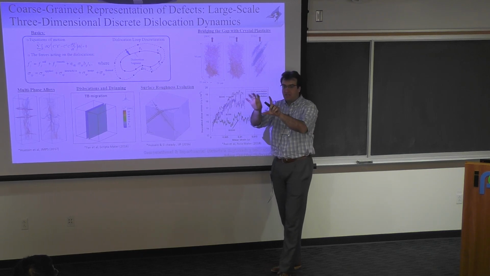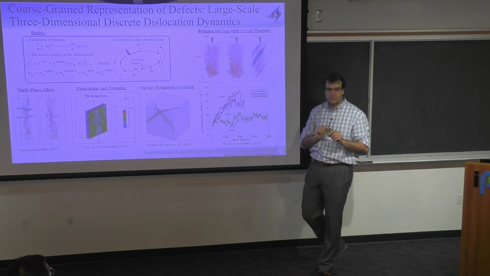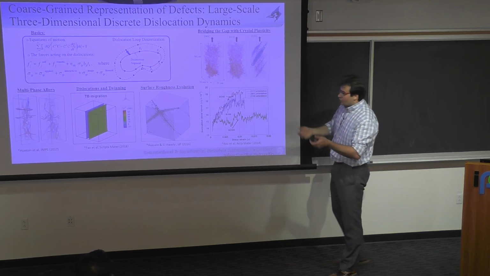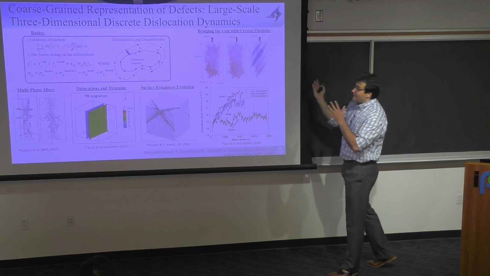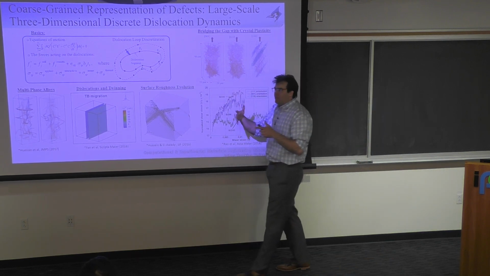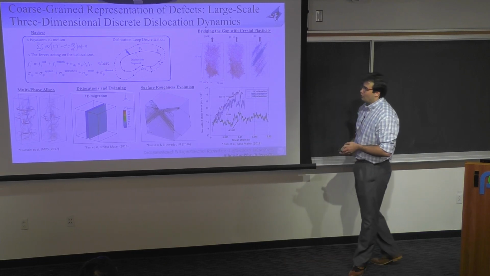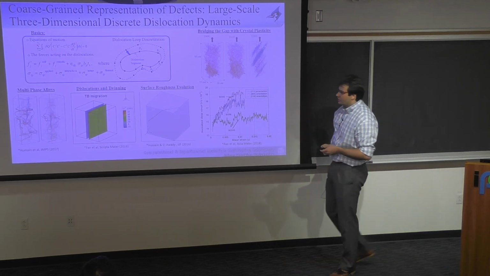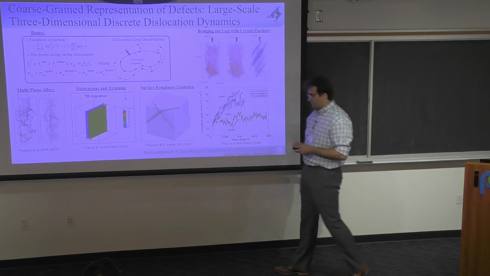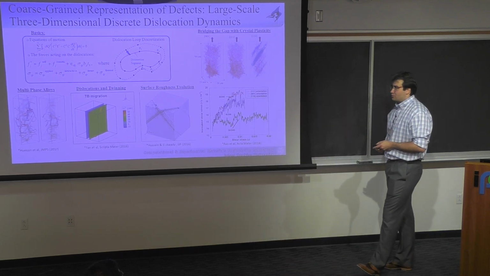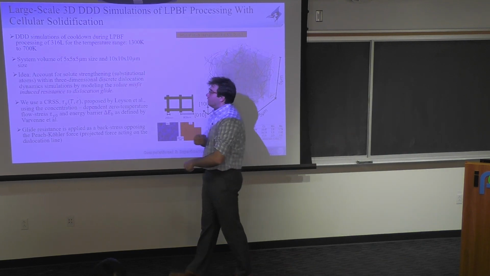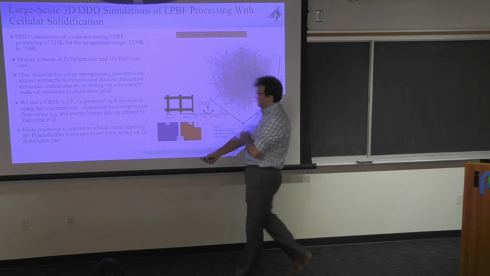In MD simulations, basically all the rules are atom interactions, right? Here we actually have to have rules related to how the dislocation reactions form and so on, which are, again, based on the MD simulations. But when you upscale that information, you're still limited to millions at most with these types of simulations, millions of nodes or millions of degrees of freedom, as compared to trillions. I don't know if we're ever going to reach trillions with the current techniques or not, but that's where we are right now. Okay, so how do we then model the behavior of the cellular solidification?